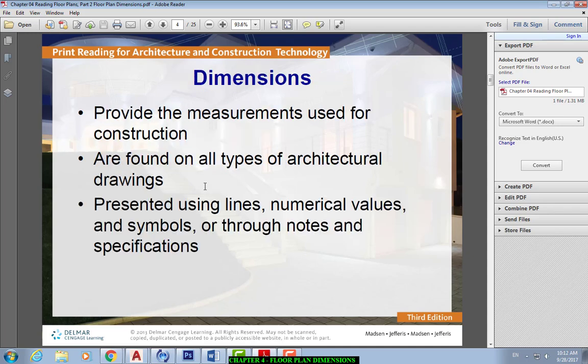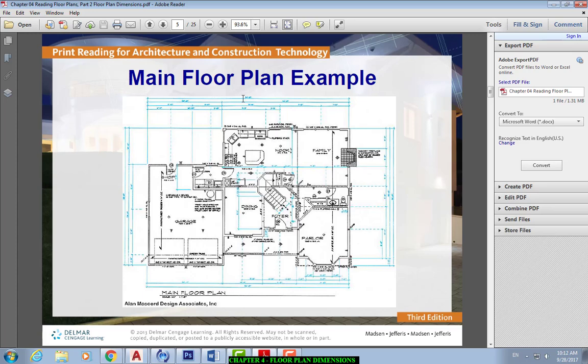And again, dimensions provide measurements of construction. They're found in all the architectural drawings, and they're lines and numerical value symbols. And there are also other sources of information to provide measurements for a feature or for an area or a space. Okay, and here's a sample of the dimensions. Okay, let's start with that. And this right here in a different color, these are the dimensions. Now notice how they're placed and notice